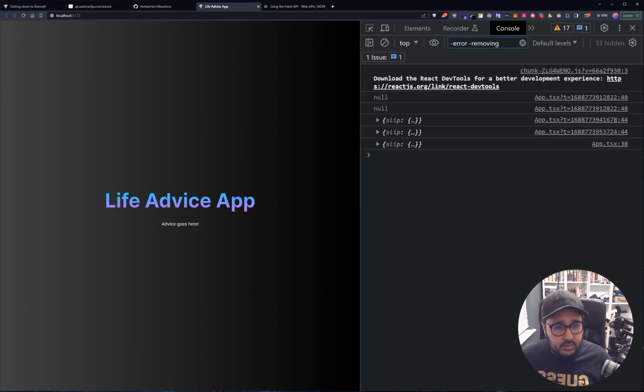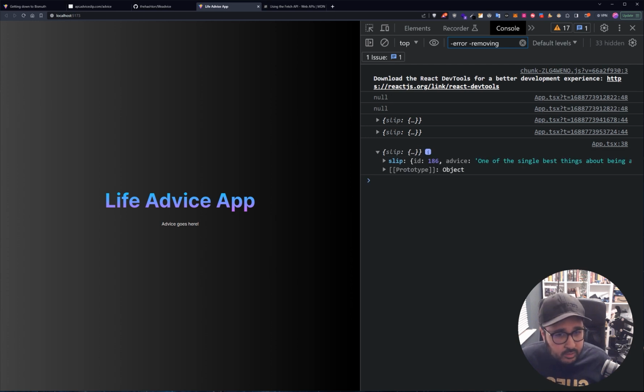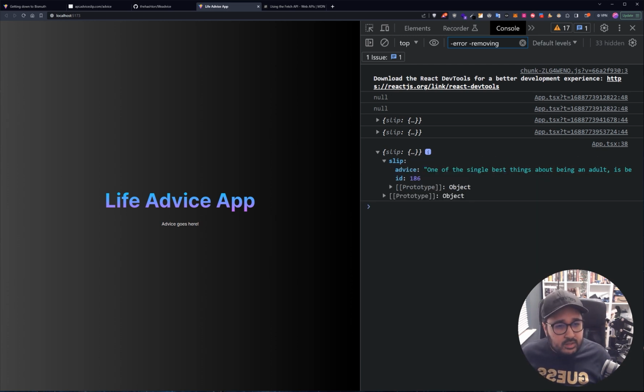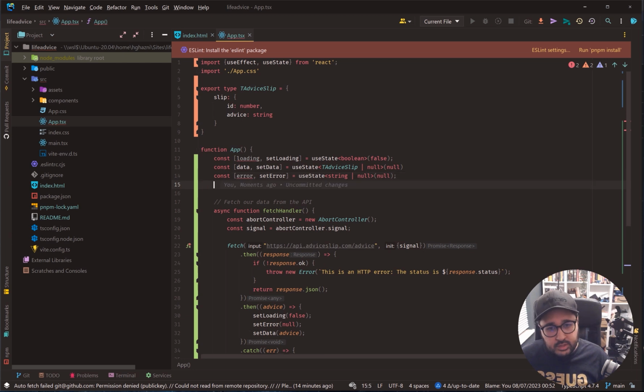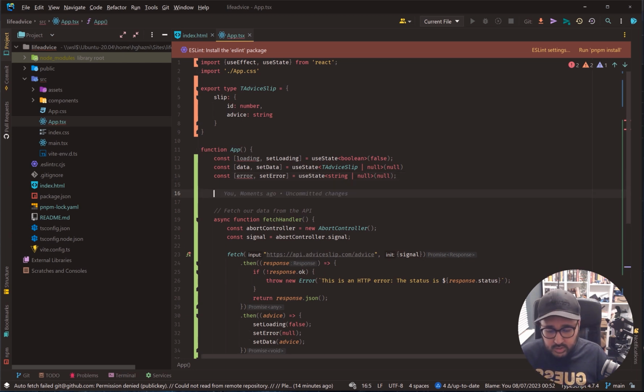Oh, right. So we can see now we are getting back our data from our endpoint. So that's amazing. That's exactly what we wanted. Now, because this is an object, it's not an array of any kind, we do have to deconstruct it to be able to actually access the data. So when I say deconstruct, what we'll need to do is essentially say,